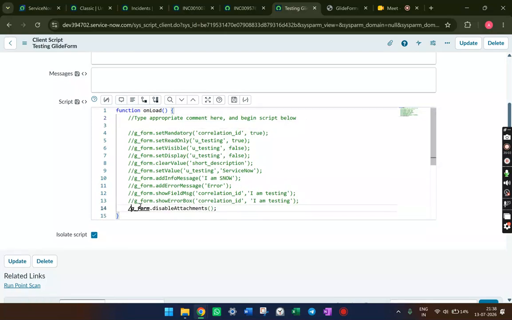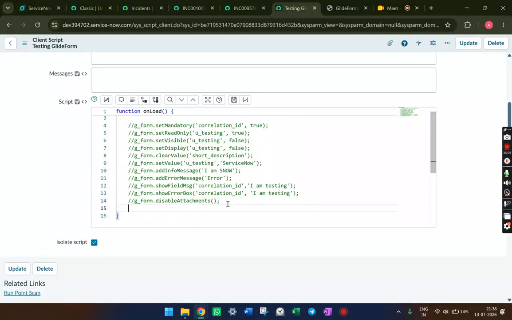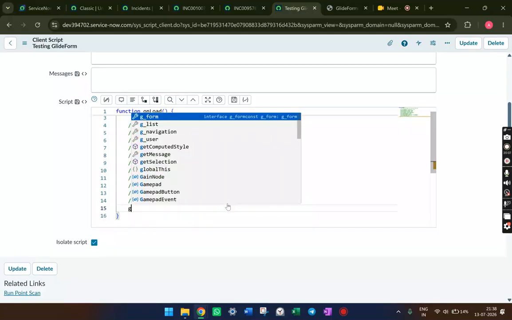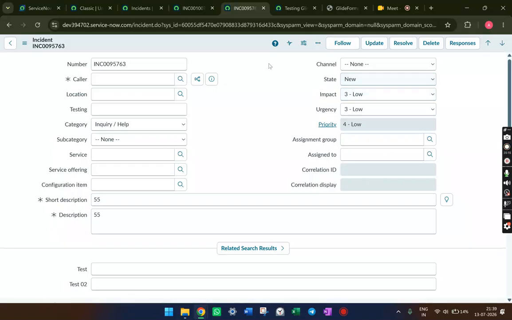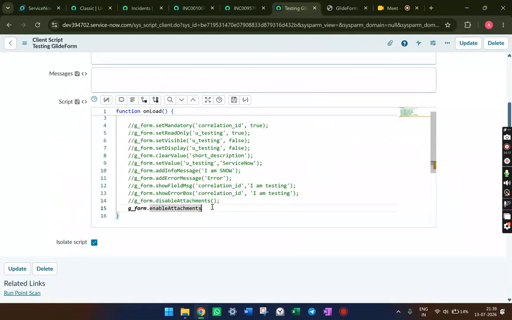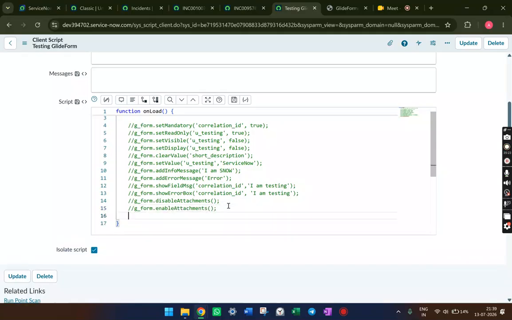So this disable attachment we can use, and there is another form we can also use, enable attachment. The meaning is the same. Like right now, if this is disabled, then we can enable it also. If it is already disabled, we can enable it later. And now,